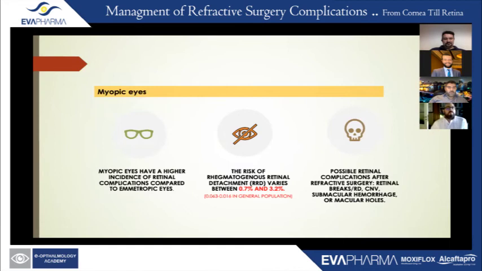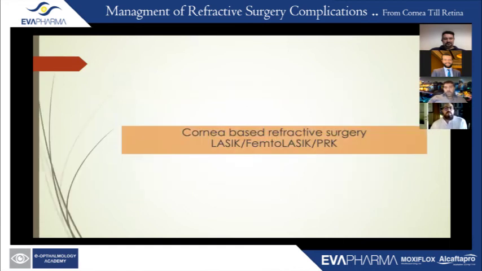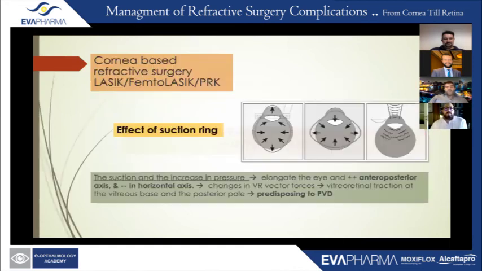Possible retinal complications that could happen after refractive surgery include mainly retinal breaks, retinal detachment, macular hemorrhage, choroidal neovascular membrane, or macular holes. Looking at corneal-based refractive surgery, the increase in intraocular pressure during the suction and flap creation results in various disturbances in the configuration of the globe. As we can see here, there is an increase in the anteroposterior diameter of the eye, with a compensatory decrease in the horizontal axis of the eye,